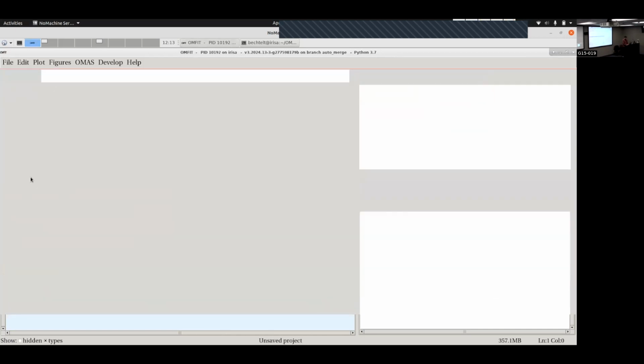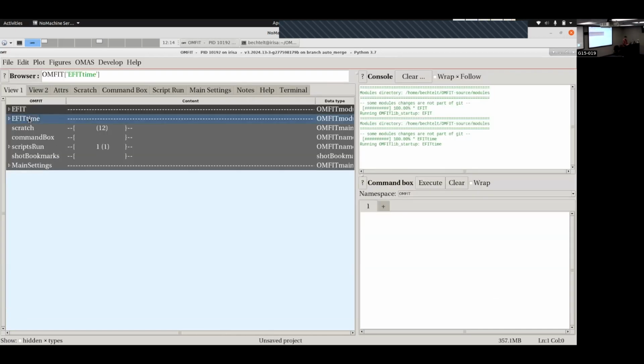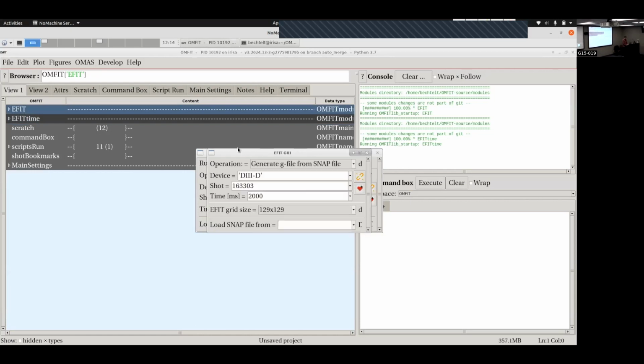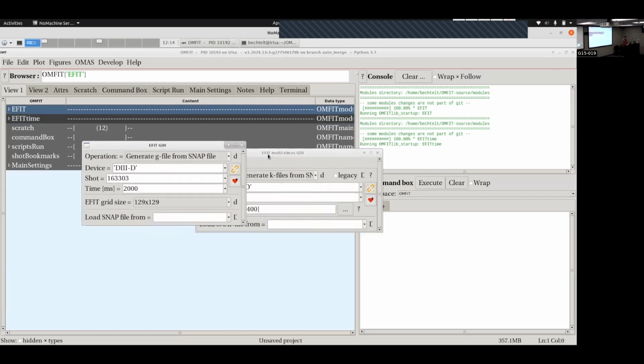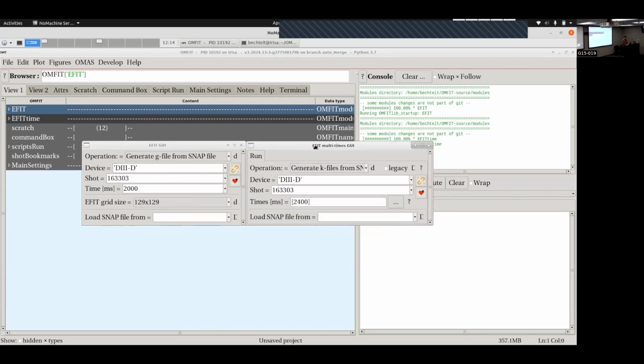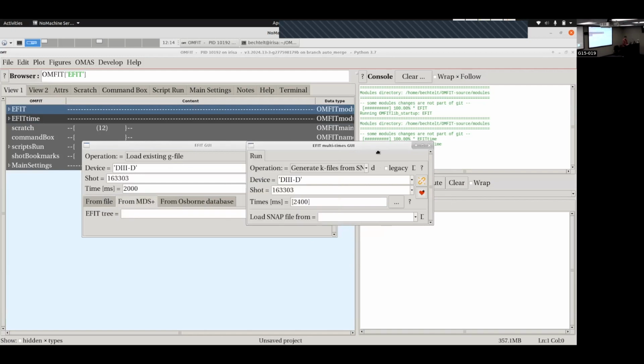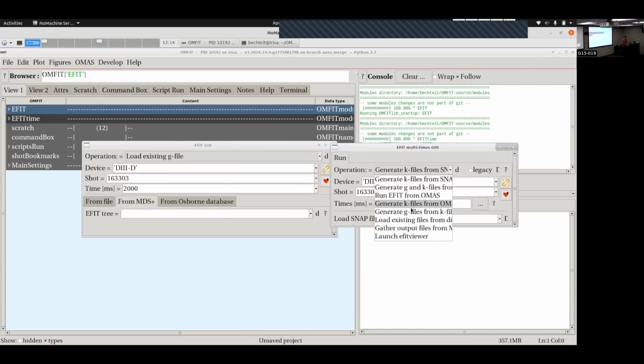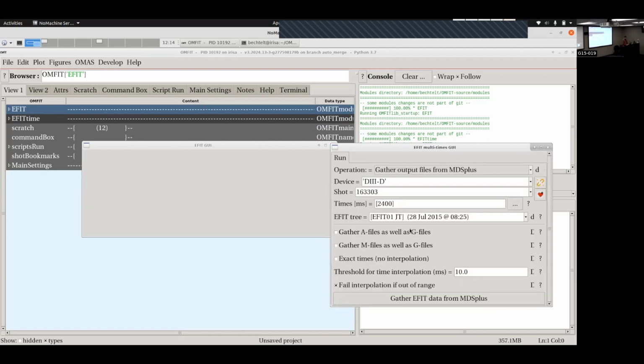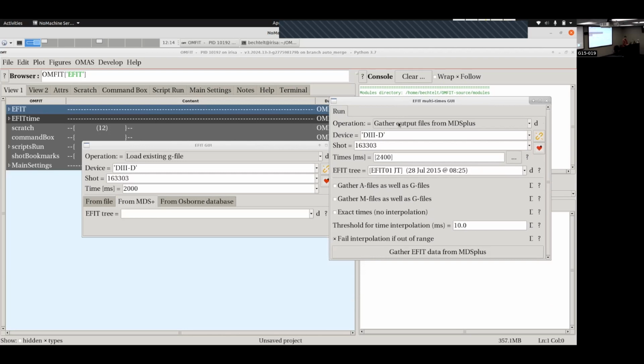My modules, so that we can look at using both of them side by side here. The GUIs, from first glance, look very similar. The options available in the operation dropdown are a little bit different. In this case, we're going to load an existing G file with the EFIT GUI and pick from MDS Plus. In EFITtime, we're going to select gather output from MDS Plus. And we'll just keep to this example shot of a D3D